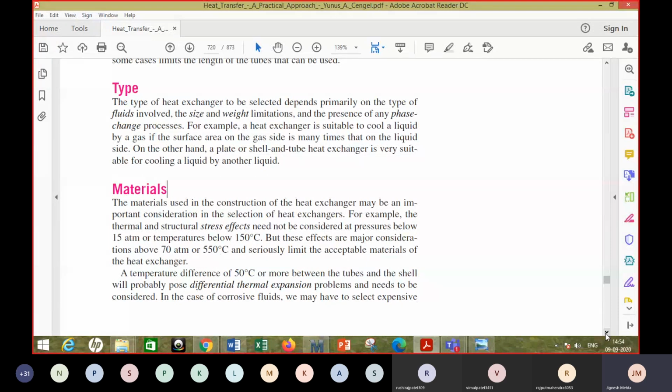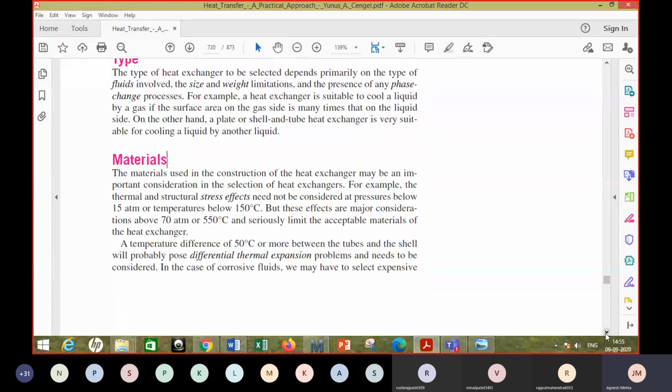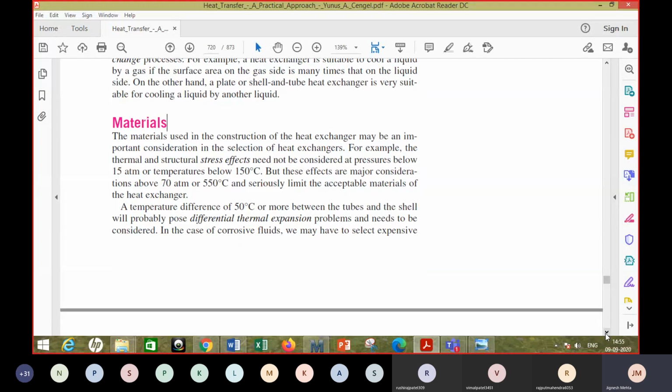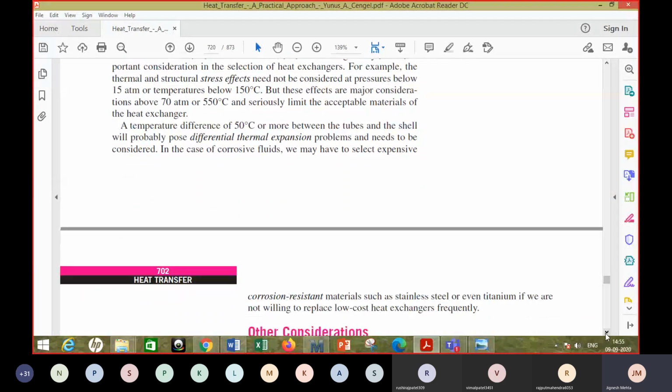It can be stainless steel or a very special grade of stainless steel, or even titanium based material, etc. Okay, so the material selection is also related with the cost, but some special applications do need some special materials. For example, very high pressure, high temperature applications may be considered special, and there you may need some special material which may be costlier than